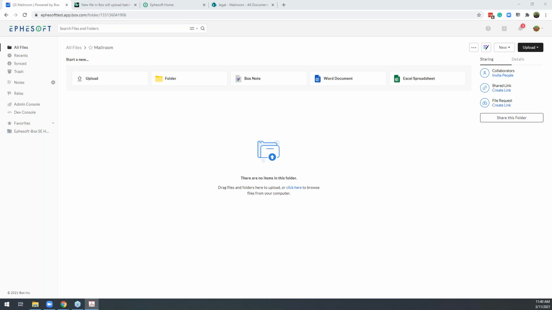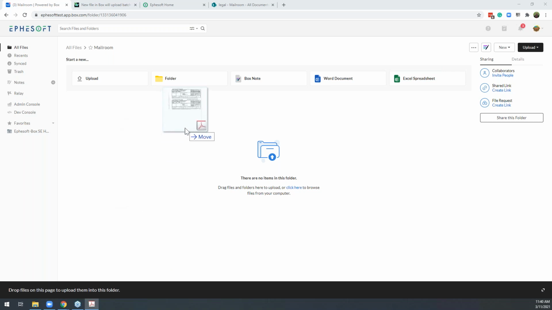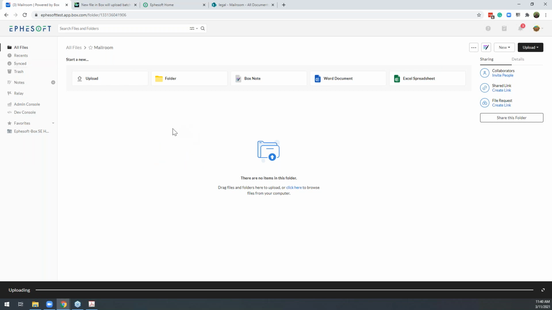What I'm going to show today is an example of Ephesoft Transact working in conjunction with Workato. I'm going to start by dragging that file directly into, this is actually a Box account.